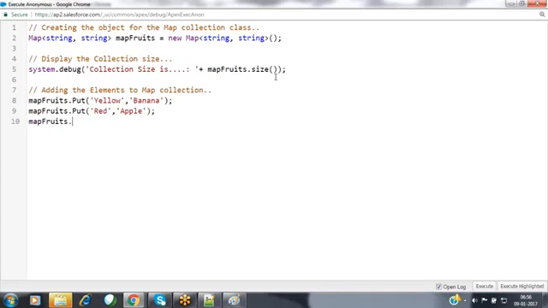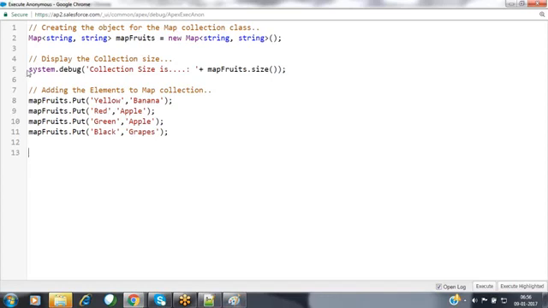Map of fruits dot put, green apple. Map of fruits dot put, black grapes. Like that, these are the elements that I have added here.